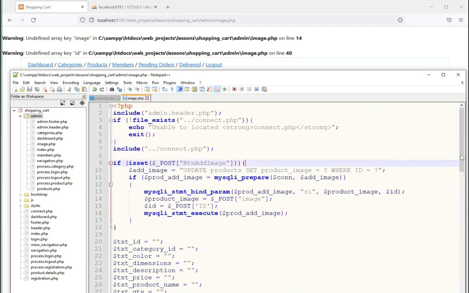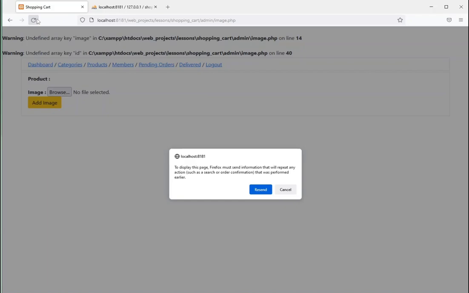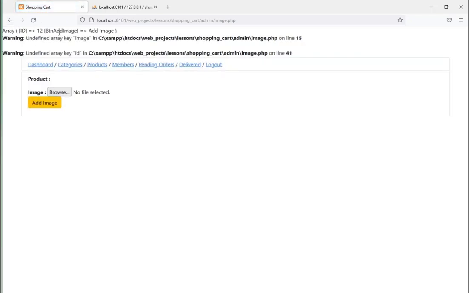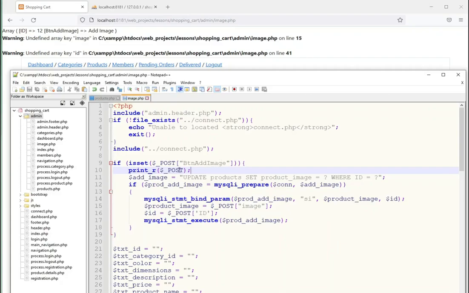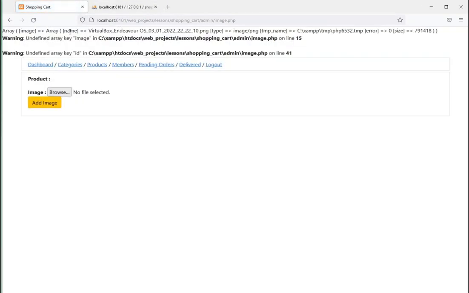Okay, let's just try to debug first. So here, print R, post. Try to reload the page, resend. So here button, add image. Okay, then we have here files. Send again. So you have here